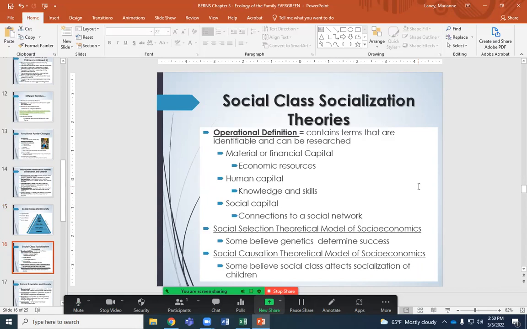Again, the operational definition. I like this term, operationally defining something. So if you said, oh, my family's pretty good, I had a good childhood. Well, what does that mean? Because somebody else could say the same thing and clearly did not have a similar experience. So we try to take terms that are agreed upon. A good childhood would be financially stable, parents are together, doesn't necessarily mean married, but something that's identifiable and measurable between two different things is called the operational definition.